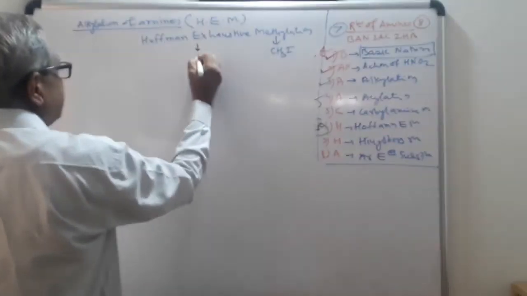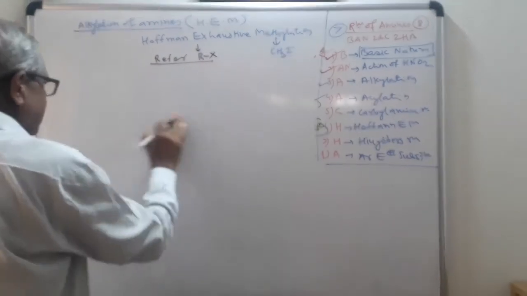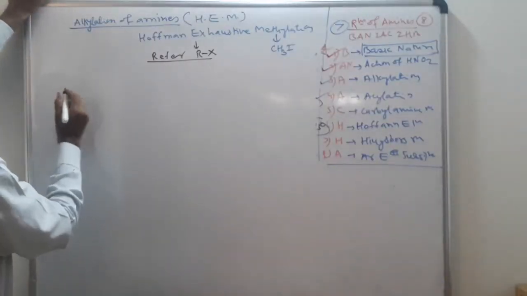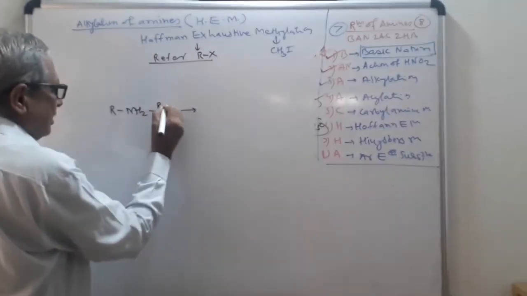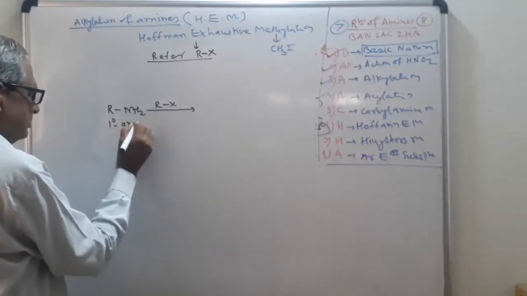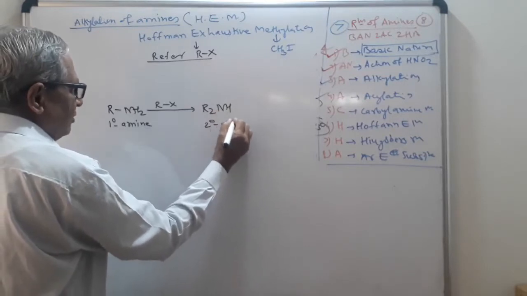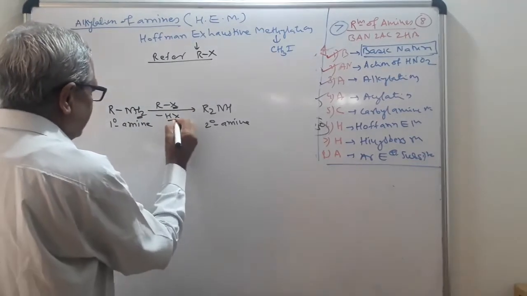Actually we learned this reaction in the topic alkyl halides. So I will write here, refer to the topic alkyl halides, that is, the reactions of alkyl halides. Now see here, when you take an alkyl halide and do the reaction with ammonia, the reaction follows like this. Alkyl halide with primary amine RNH2. You will do the reaction with alkyl halide. This is the primary amine. You will get here R2NH, secondary amine. During this reaction, HX is removed, one hydrogen and X. You can easily remove your HX.